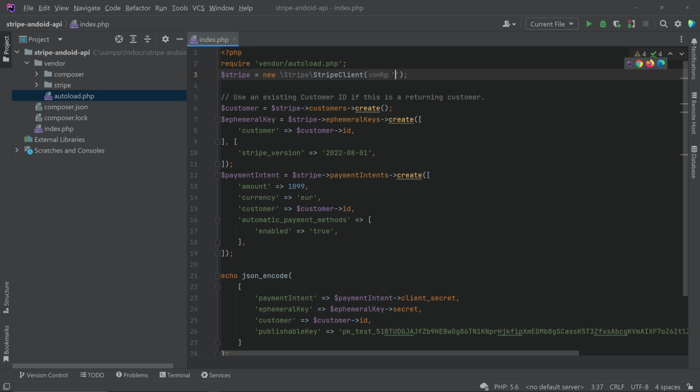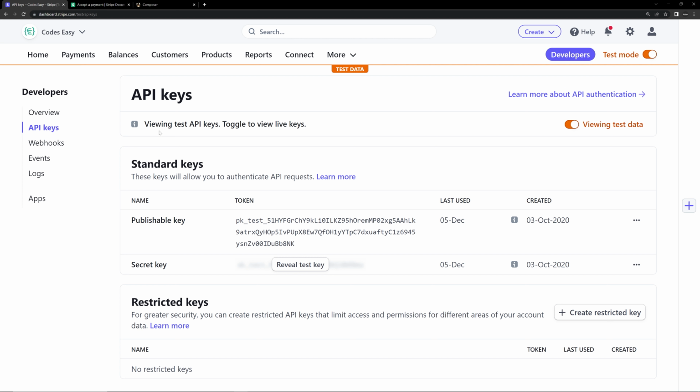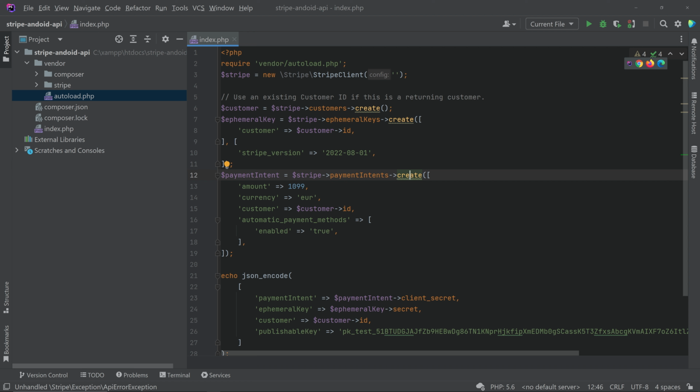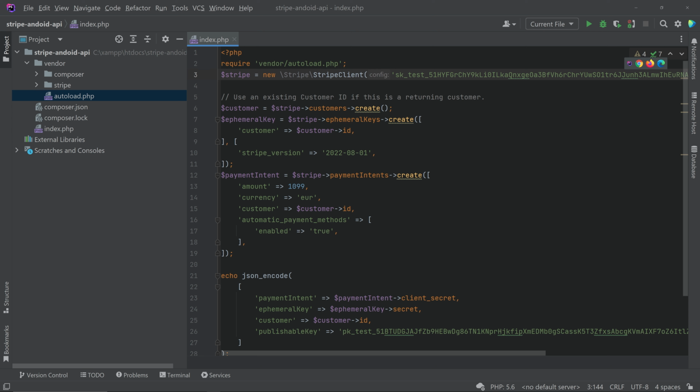For that you can go to the Stripe dashboard. Now you have to sign into Stripe. I have already signed in, and you have to go to the developer option and you will see API keys. Now you have a publishable key and also a secret key. We need the secret key right now. So let's click on reveal test key. Now I am doing this in test mode, so this will be the test key. We can do this in live mode also. No change in the procedure. So let's copy the secret key and paste the key here. Okay, now we can remove the comment from here.